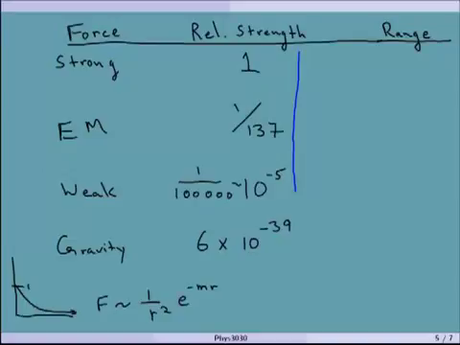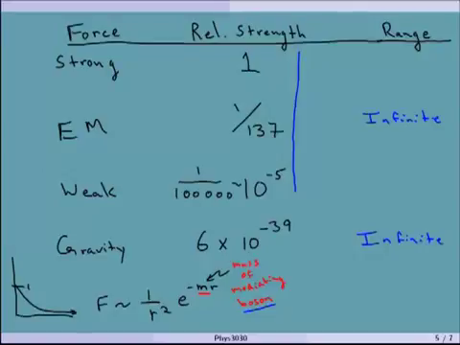Okay. And it all depends on that m, and that m is the mass of the mediating boson. Okay, and that mass has everything to do with what the range of these things is and what kind of range they work at. And so if I look at the range, let's fill this in a little bit differently. The E&M force is infinite, and gravity is infinite. They drop off like 1 over r squared, but you never really see a spot where you can't see it anymore.